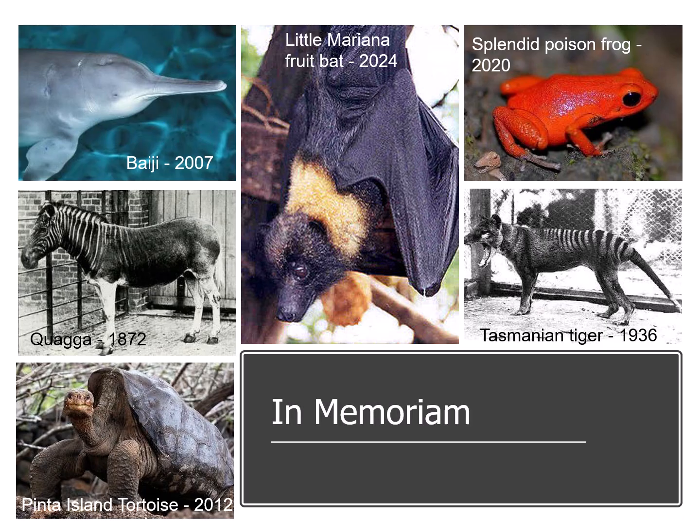A handful more of species that have gone extinct that I would like you to know is this particular river dolphin, a baiji dolphin, which went extinct in 2007. We have a quagga, which in appearance looked like a zebra and a horse, but it was not. It was its own species. It was not a hybrid. The last one that existed was in a zoo. You'll notice a lot of these. The last one that existed was either in a zoo or a reserve of some kind. The quagga went extinct in a zoo in 1872.